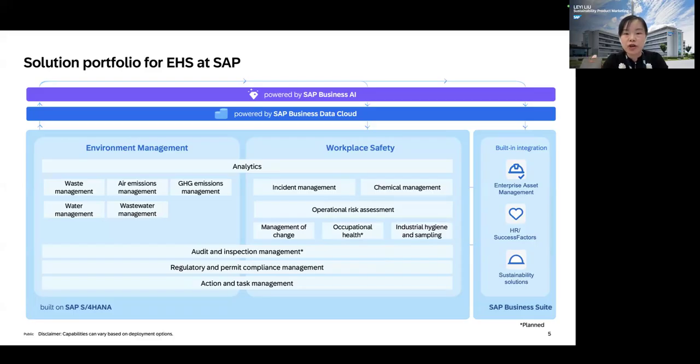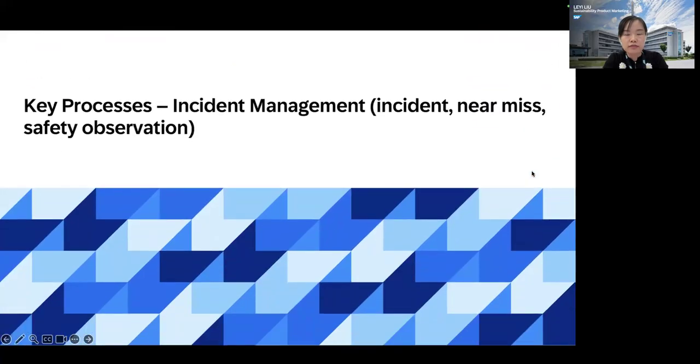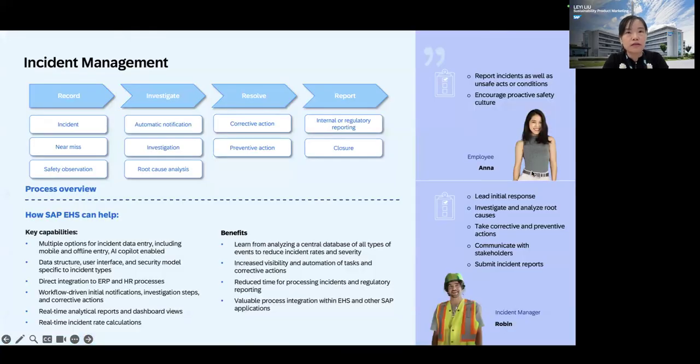Then, of course, on top we have also embedded some emerging technologies like AI to ease some of the heavy processes in the EHS area. We will also show you in some of our demos how AI really helps our personas, our business users, to simplify their daily operations. Okay, so then let's start with the first process,